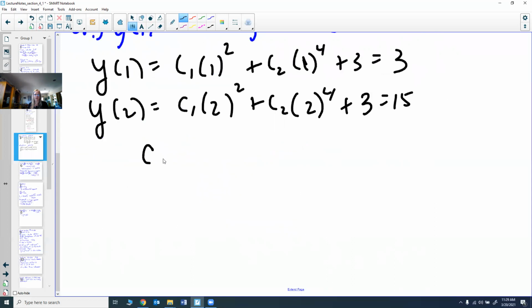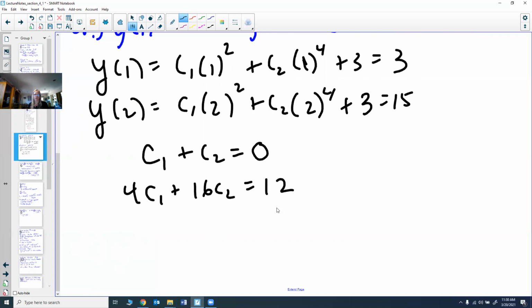So the first one I notice is c1 plus c2 equals 0. And the second one is 4c1 plus 16c2 equals 12. And again, I have a system of 2 equations and 2 unknowns. I need to solve that system. And again, I don't care how you do it. I notice if I multiply the first equation through by -4, and then I add them,